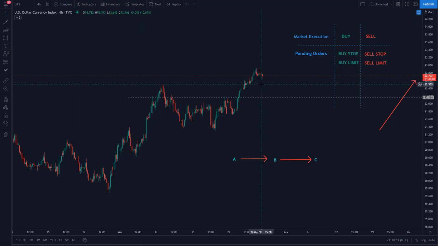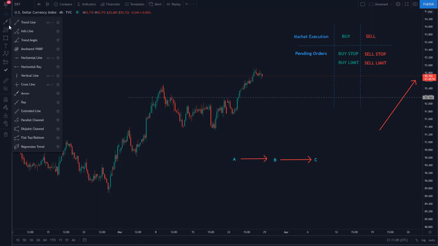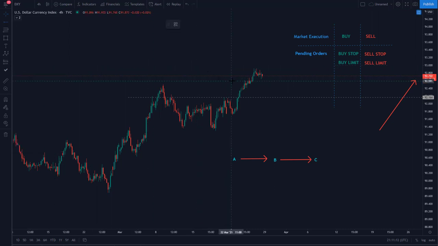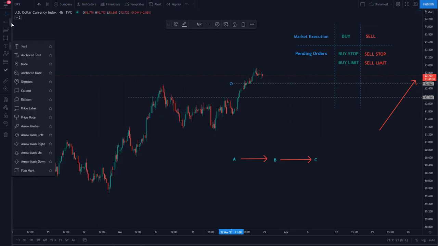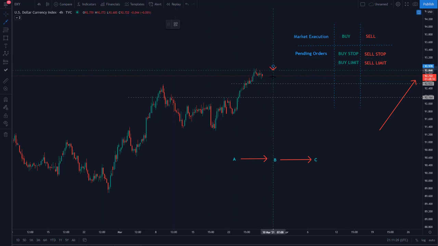So what is a sell stop? A sell stop is you selling in the direction of your forecast. So a sell execution would mean sell dollar index right now at 92.722. A sell stop would mean unless and until you get to this price, let's assume here 92.522, do not activate my order. However, if the price gets to this level here,